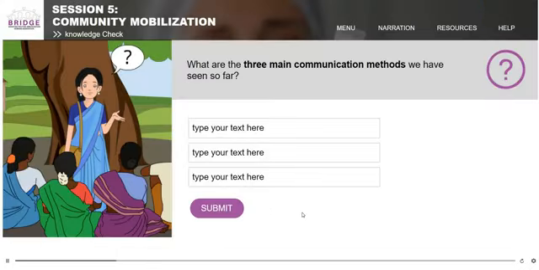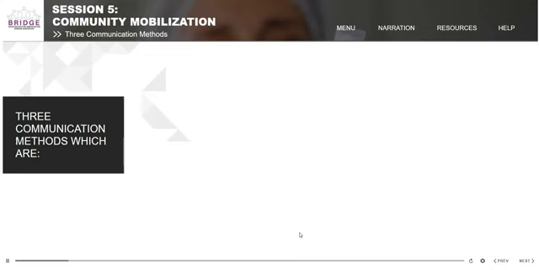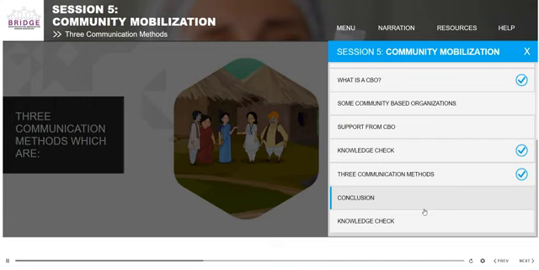It's time to check our progress. What are the 3 main communication methods we have seen so far? We have seen 3 communication methods, which are interpersonal communication using